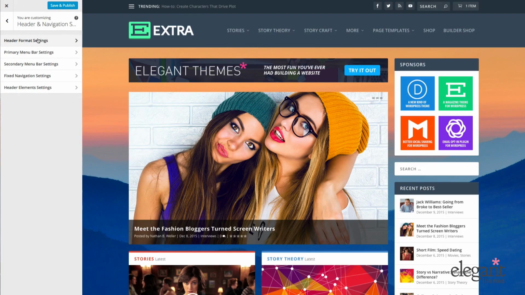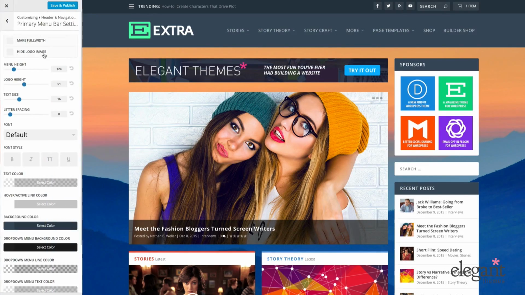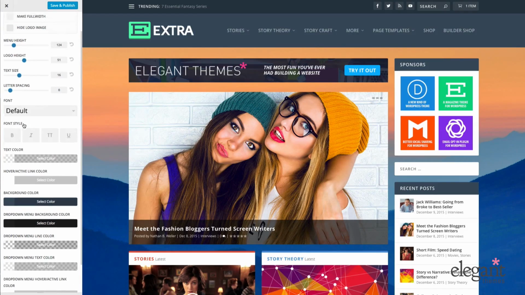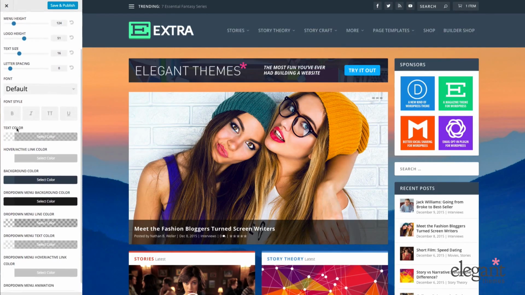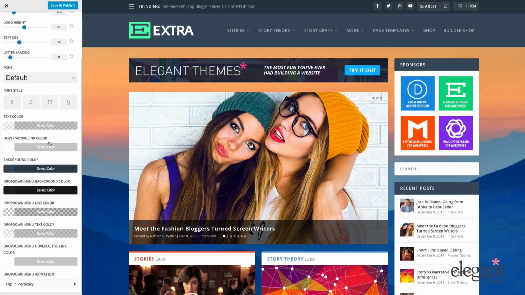And if we go back one and down to Primary Menu Bar Settings, and that is this menu bar right here. I can choose to make that full width. I can choose to hide the logo. I can change the menu height, logo height, text size, letter spacing, the font style, text color, hover and active link color,